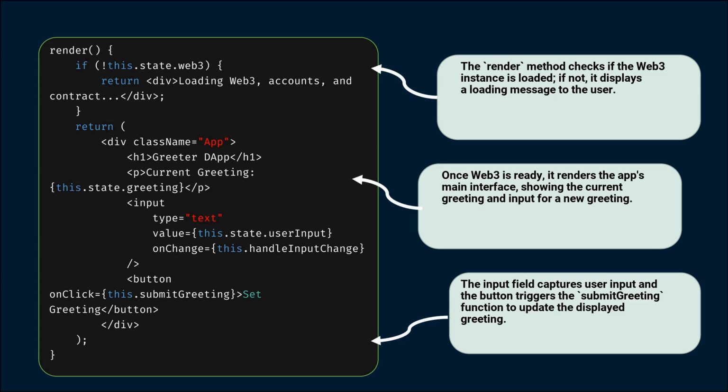This structured approach enhances user experience by offering a clear view of the current state while encouraging user interaction with the blockchain. Overall, this render method effectively combines visual feedback and input mechanics, fostering seamless communication between the application and the users. Now that we've established our smart contract, let's see how we can bring user interaction into our React